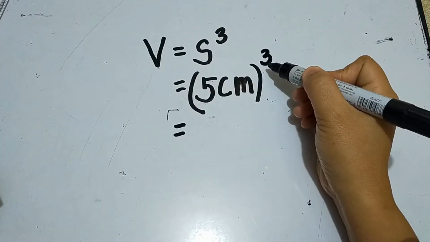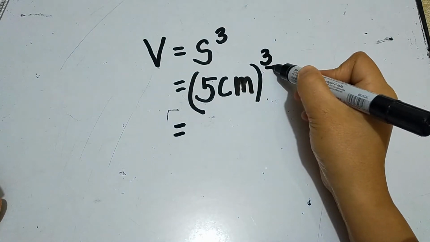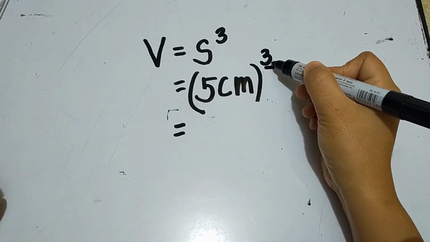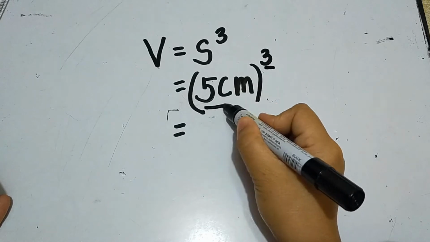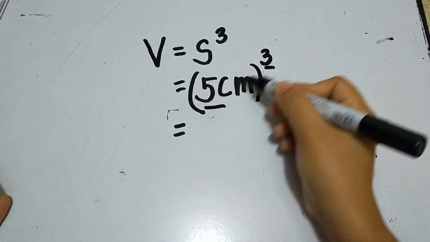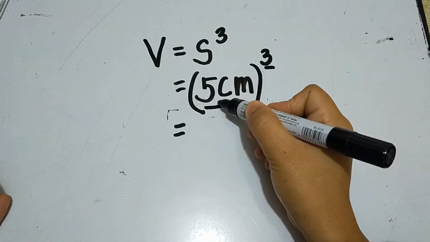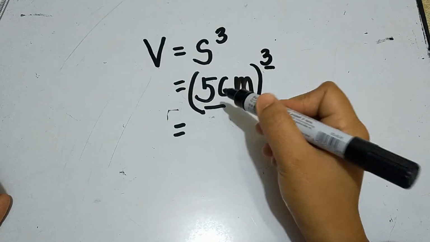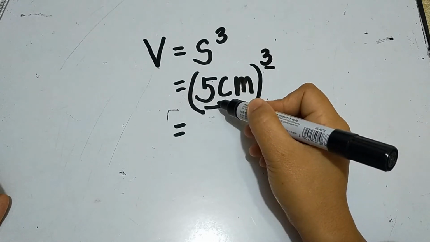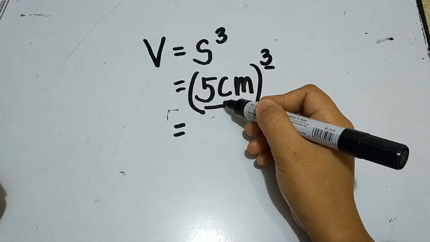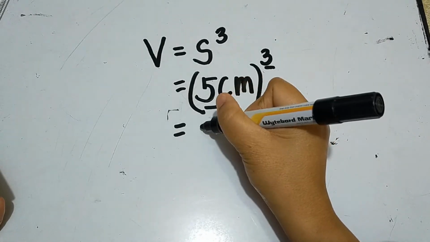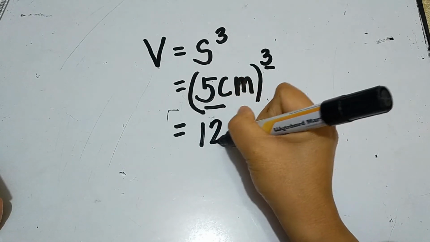This exponent tells the number of times you are going to multiply the base to itself. It's not 5 centimeters times 3. It should be 5 centimeters times 5 centimeters times 5 centimeters. Then the answer is 125